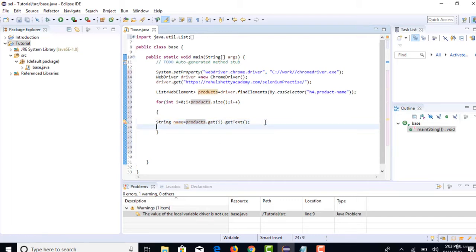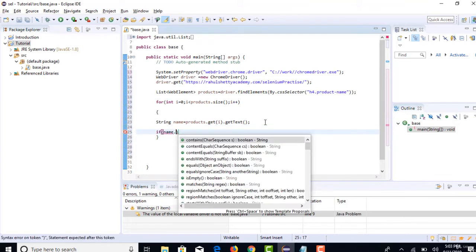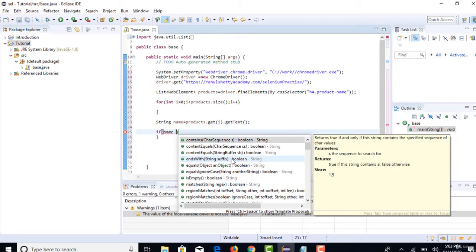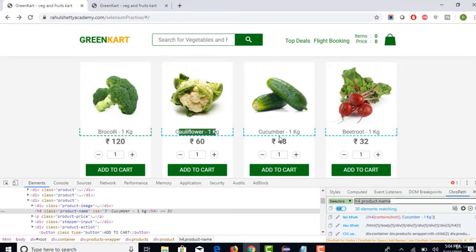Perfect. So our goal here is to get the card of cucumber. So let's write one if condition. If name dot, you can use either contains or equalsIgnoreCase, but equalsIgnoreCase will be a little tricky here, because it's not only returning Cucumber but it's also returning Cucumber - 1 Kg.